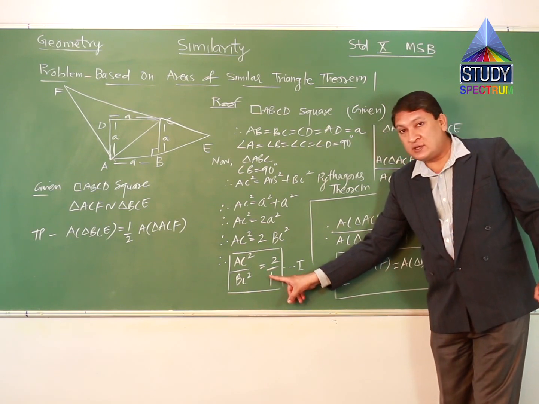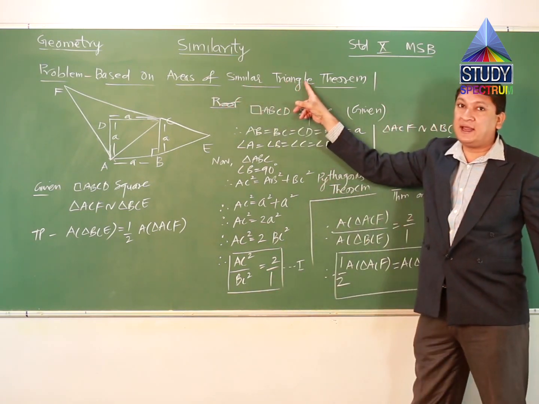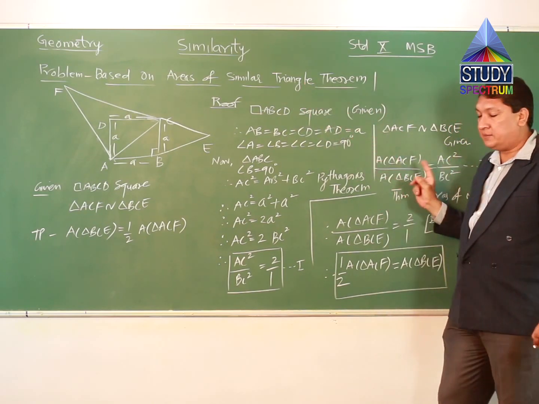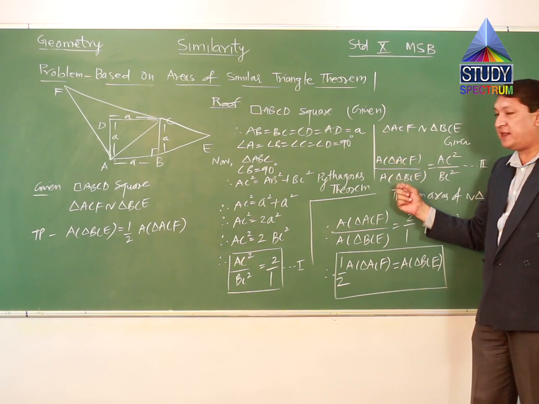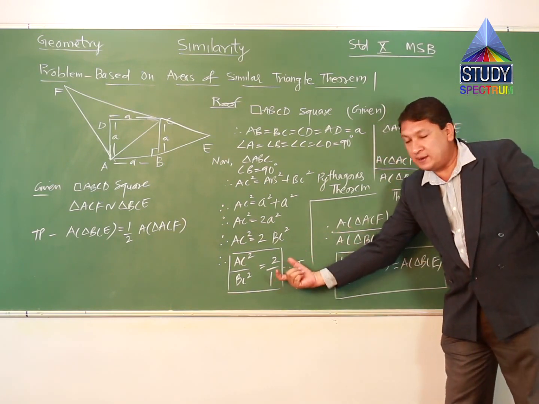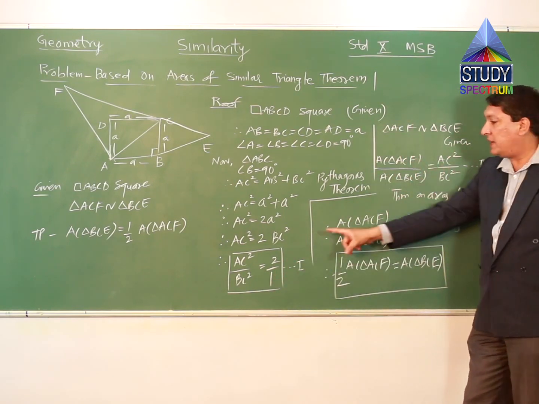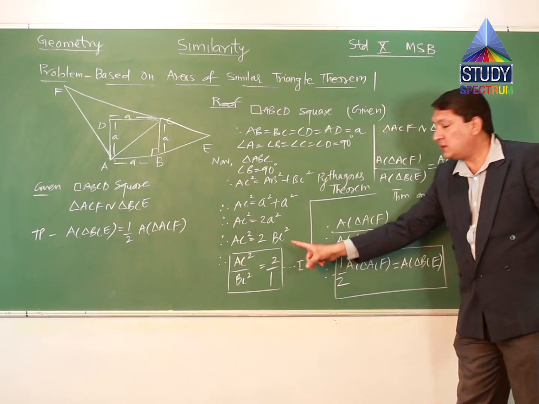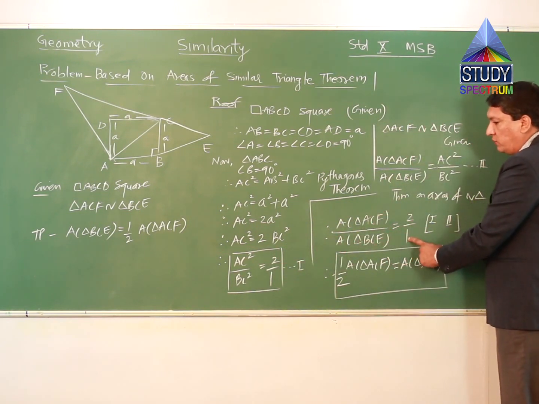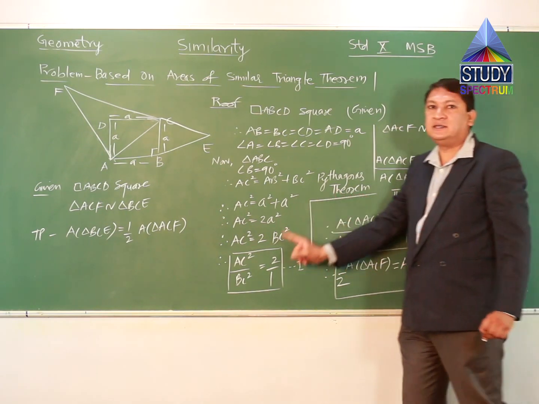Again, why have we got this relation? Because when we want to apply the theorem on areas of similar triangles, on one side we have area, on the other side we have sides. So we wanted this side value in advance, so that once we applied this theorem, we could replace the side values by the value which we have got. So area of triangle ACF upon area of triangle BCE is equal to 2 upon 1. How did we get this? From 1 and 2. And at last we got the answer.